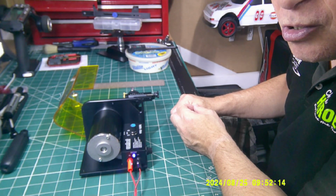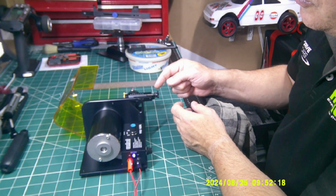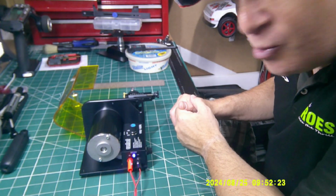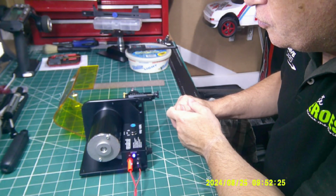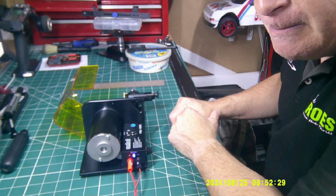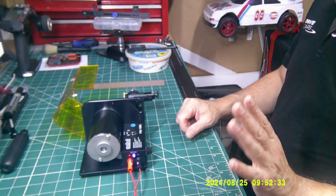Mark Stiles did mention reversing the rotation for a reason, and I can't remember what it is. So I'm not going to make anything up because I don't know. I don't do it because I don't know why, if I'm honest. But anyway, I'm going to have to